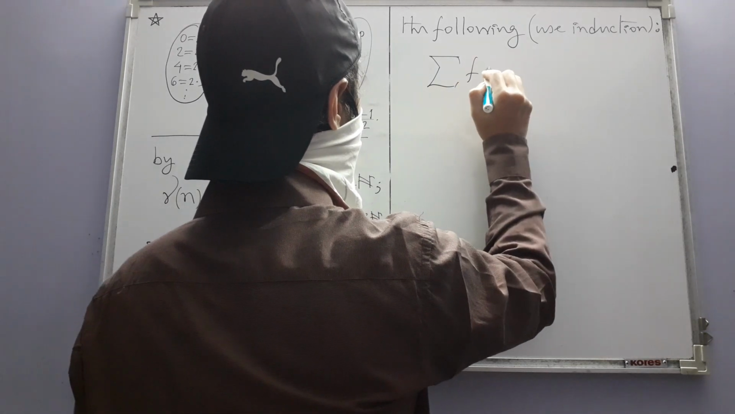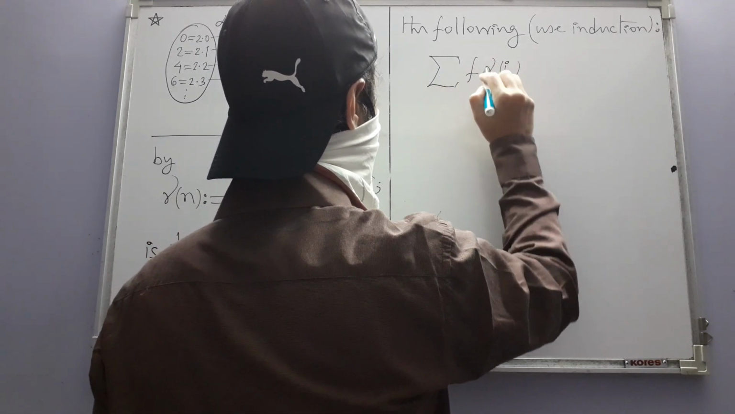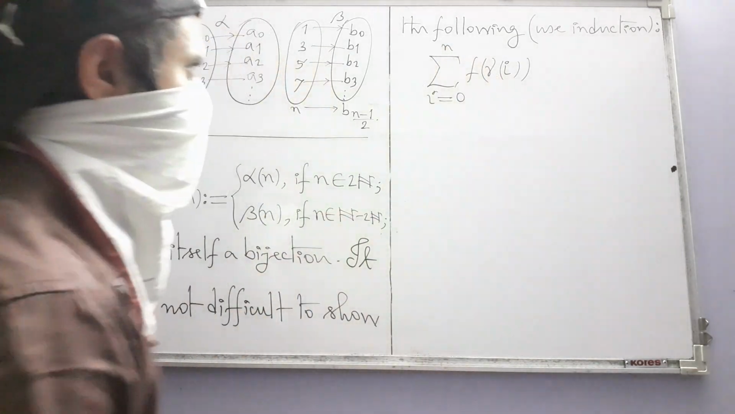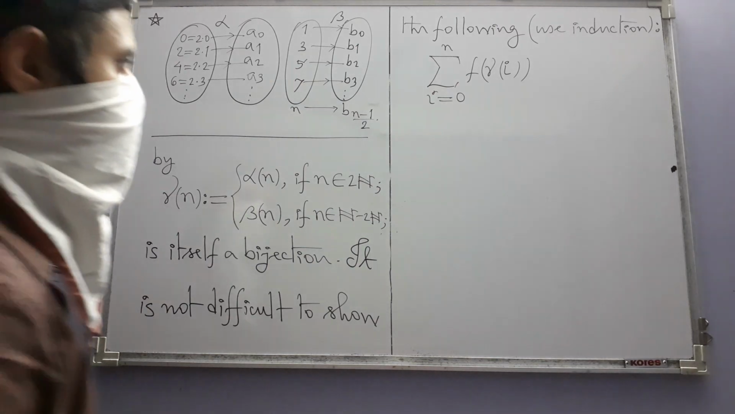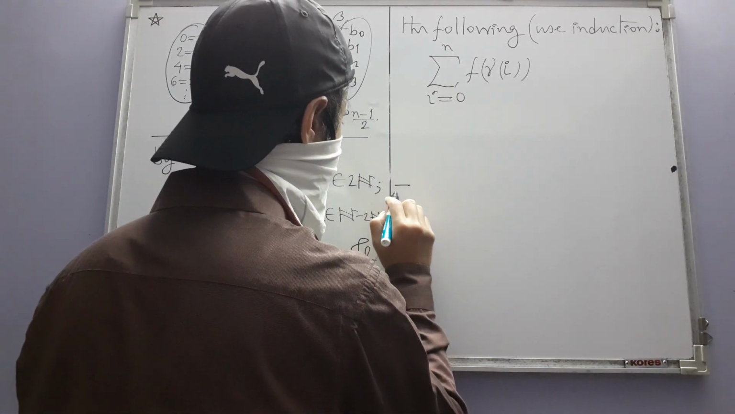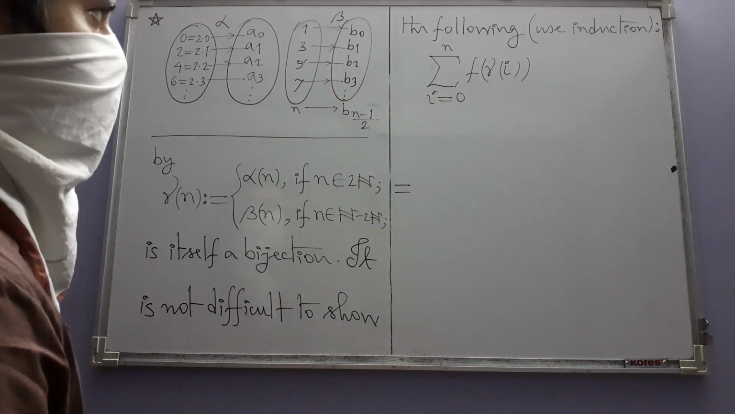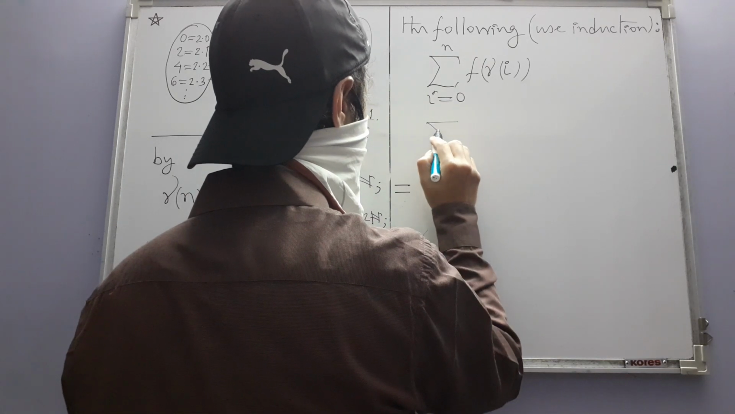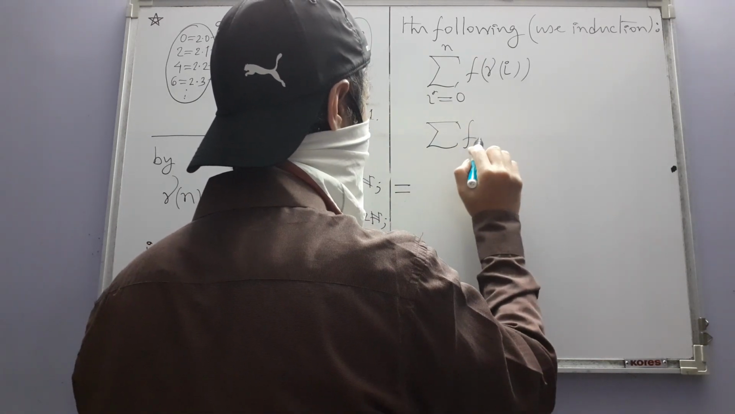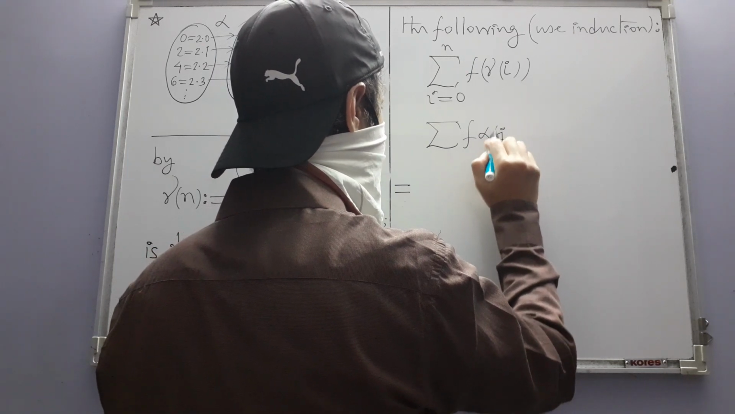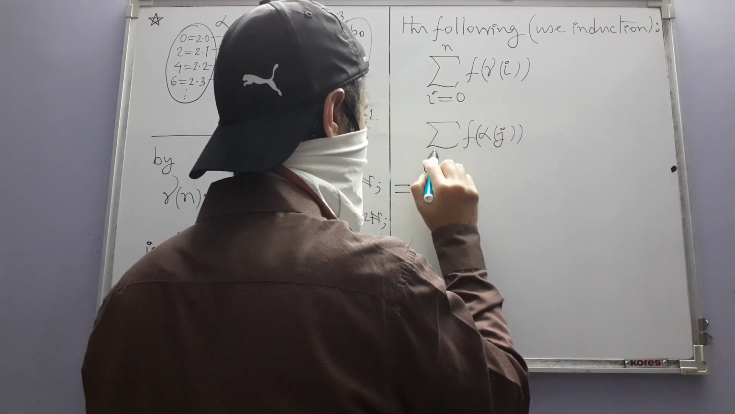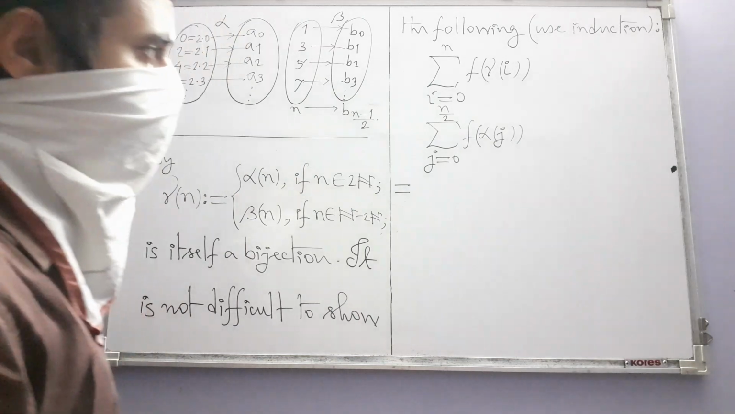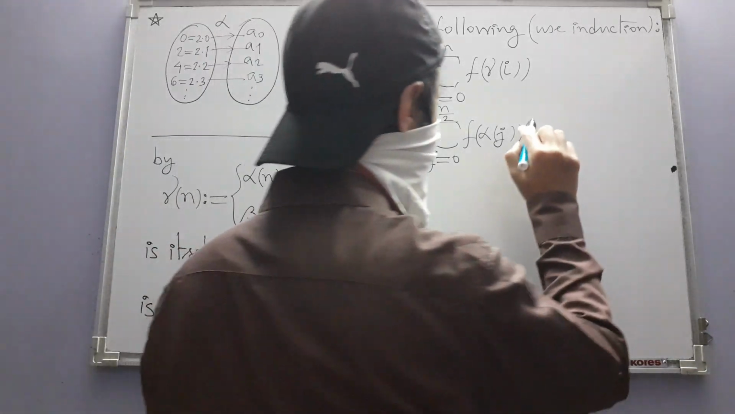Summation of f of gamma of I as I varies from 0 to n is, it's a two-part formula, is equal to summation f of alpha of j as j varies from 0 to n over 2, plus